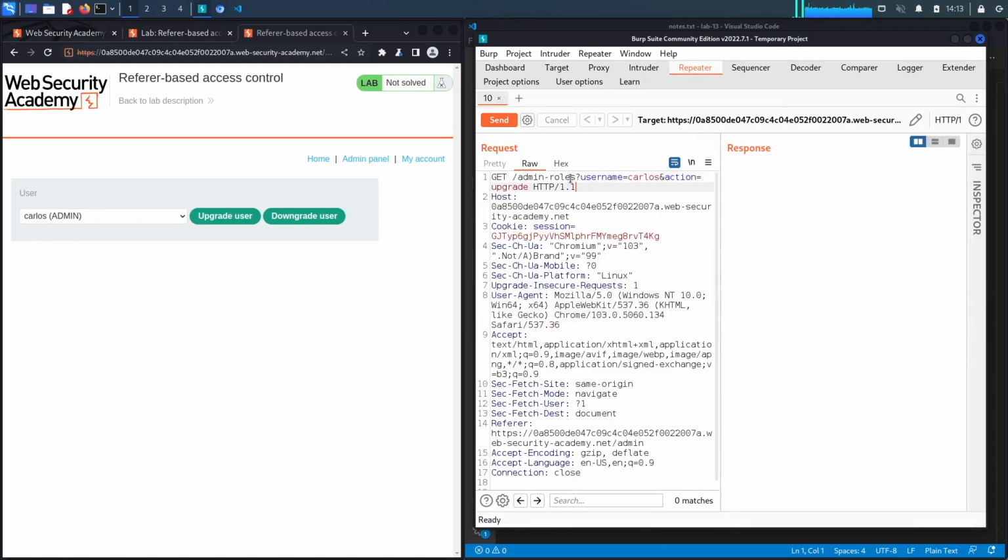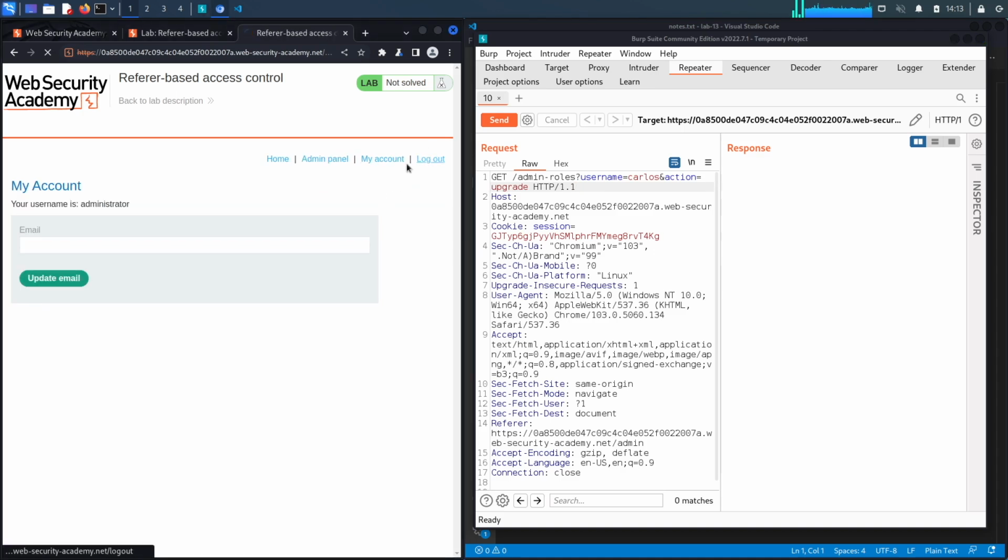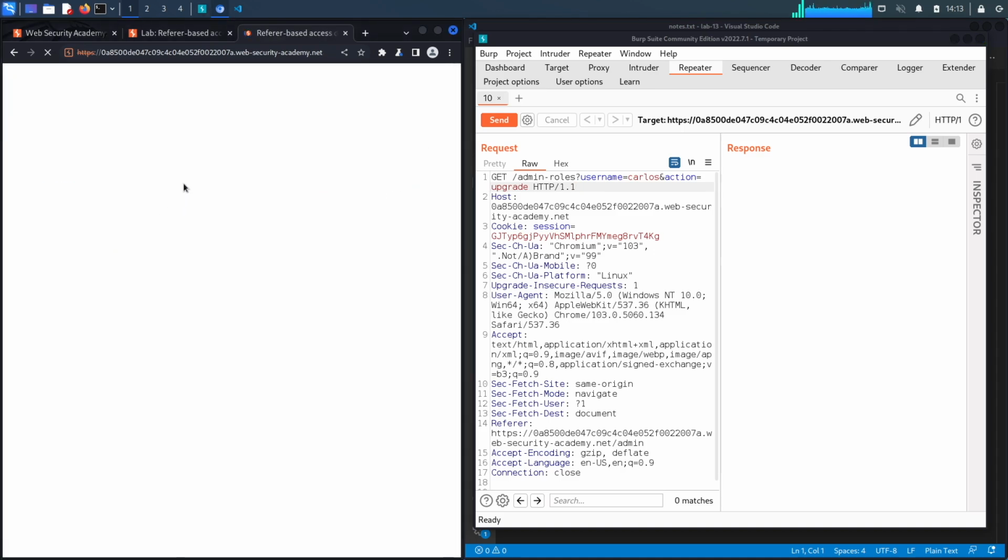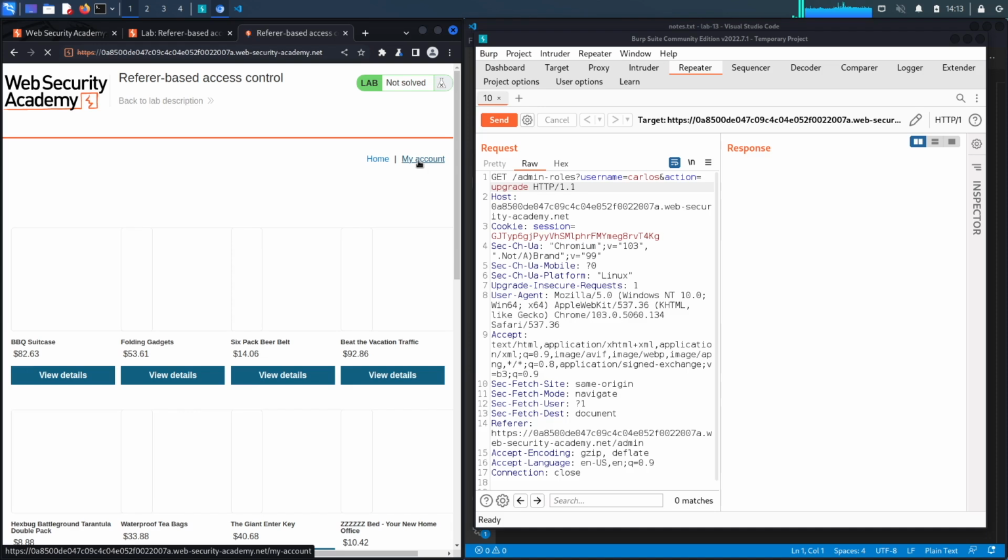So in Repeater, you could see it's a GET request. It takes in certain parameters, so the name of the user and then the action to perform, whether that's to downgrade a user or upgrade a user. And that's essentially it. That's all it does. So now let's go to my account, log out, and log in with our regular credentials and see if we could exploit this vulnerability. So click on my account again,